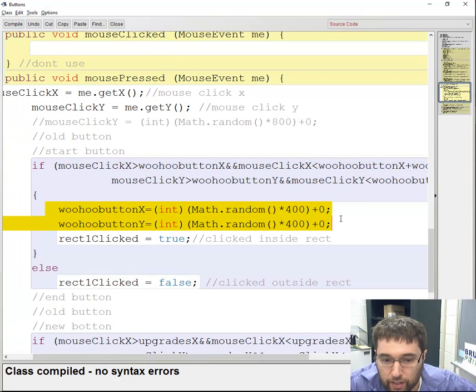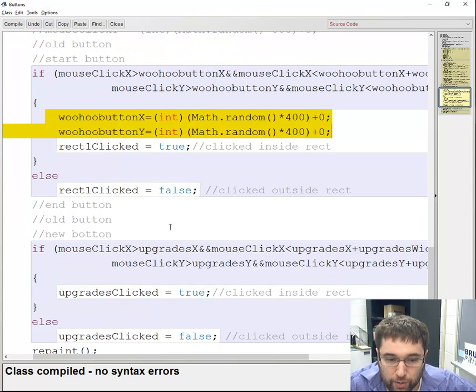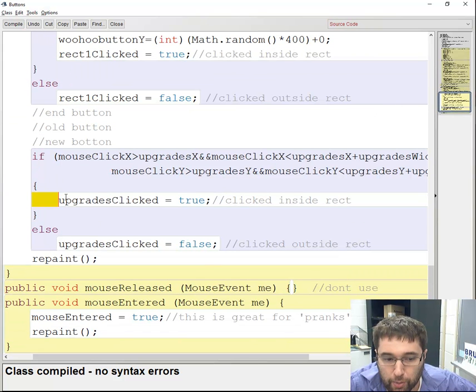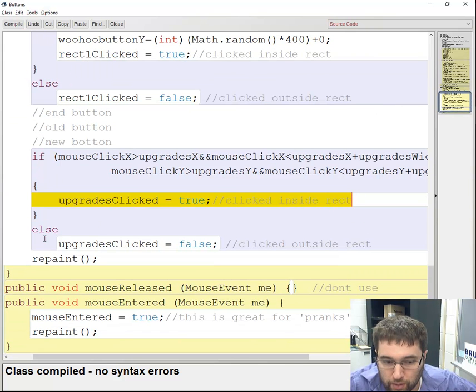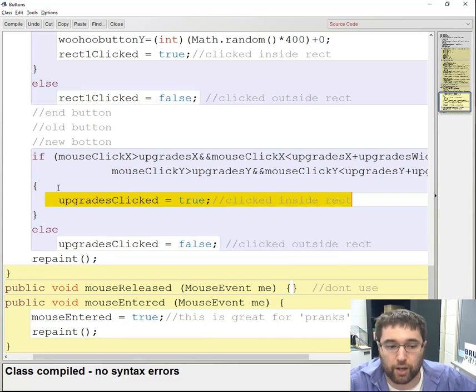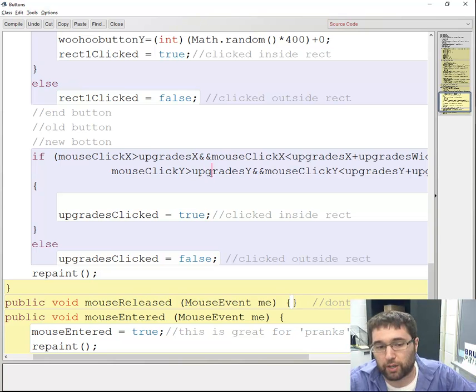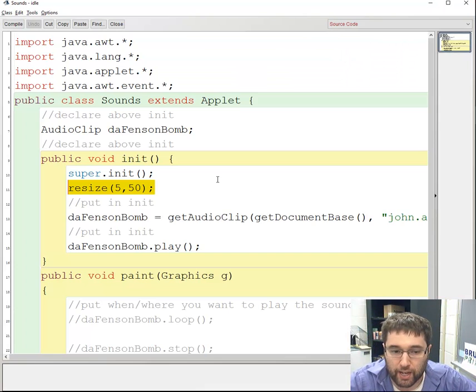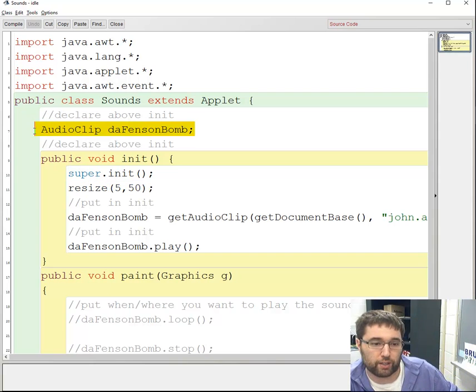If I click on it, I reset the X and Y value. Otherwise, it's just false. And then down here, my upgrades click doesn't do anything, and this makes it false. So what I want to do is change my upgrade button, so mouse click the upgrades button to actually do something. And on this one, I'm actually going to be implementing the sound code. So I'm going to be getting this audio clip